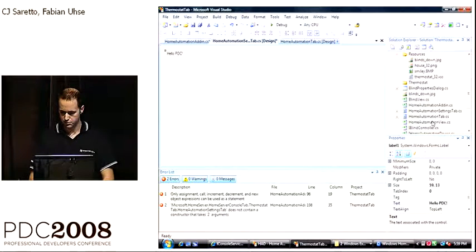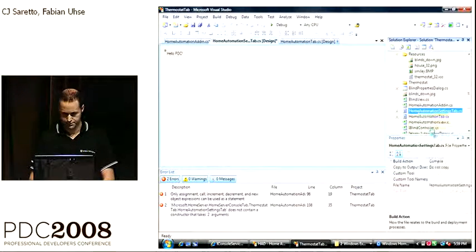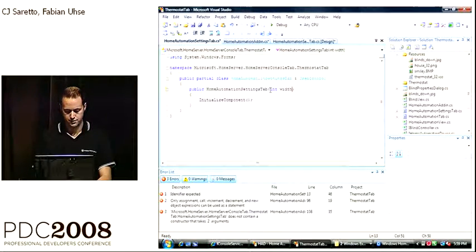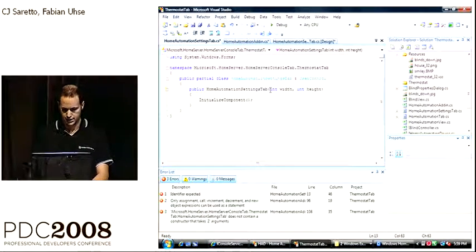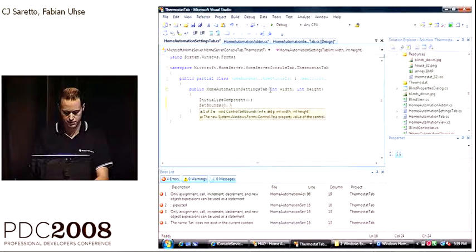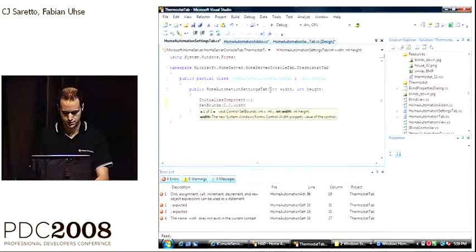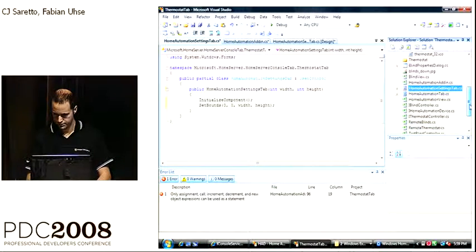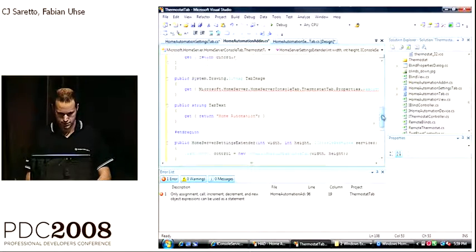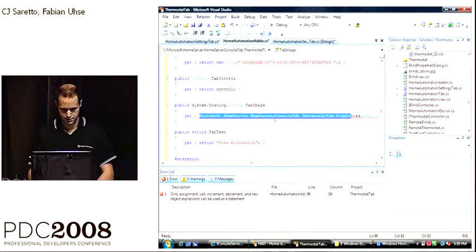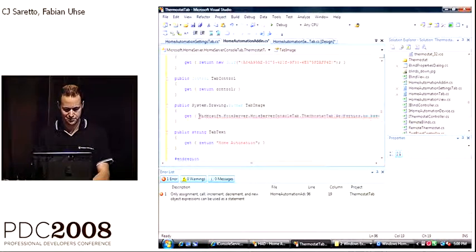So here, we'll get the code behind on this tab. We'll change the method here. And we'll do our set bounds so that we set our control correctly. There we have it. I believe I still have an error here, and I have to admit I need it. There we have it.